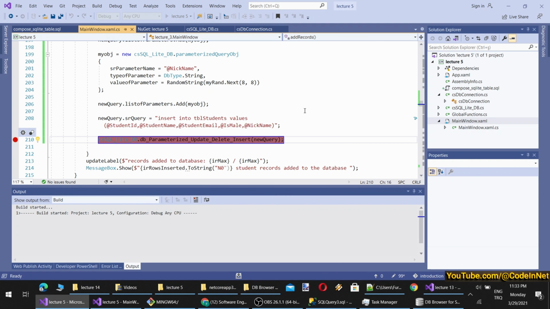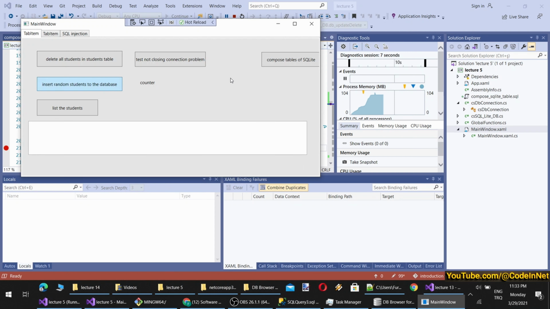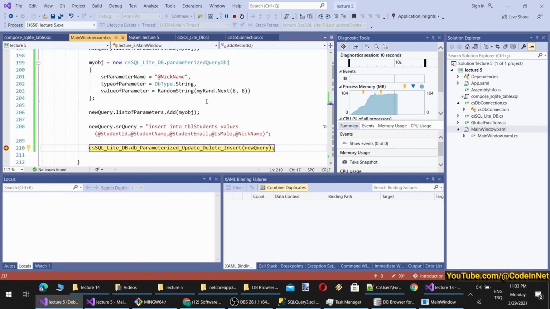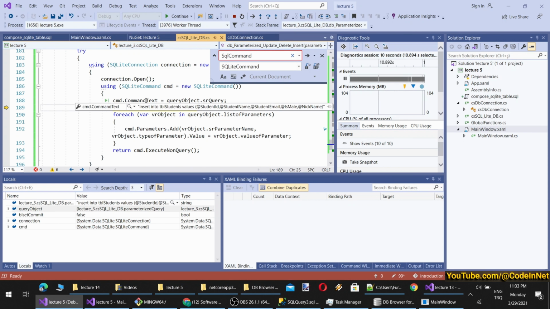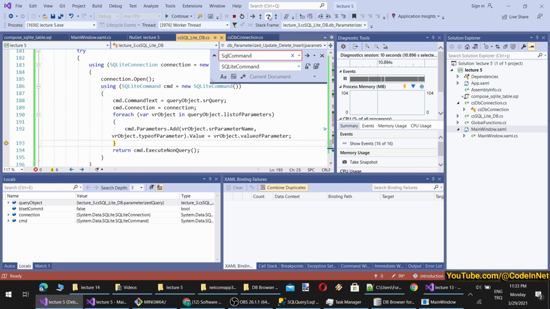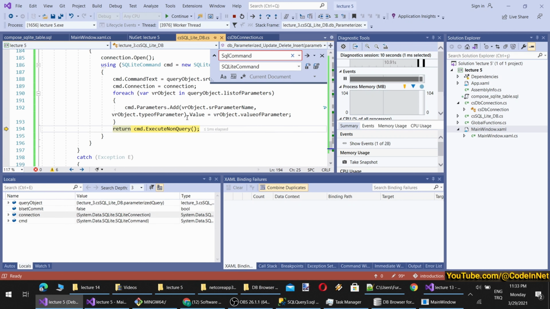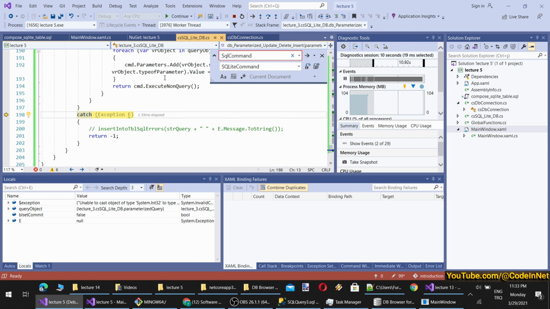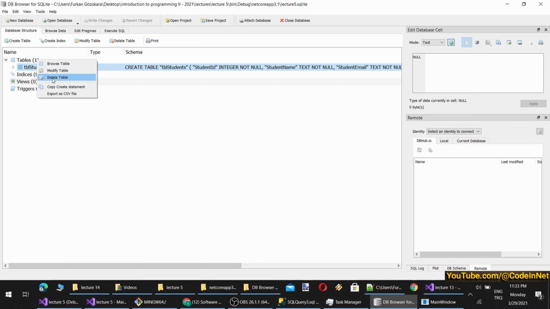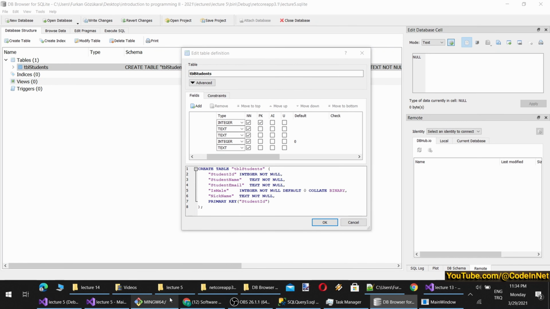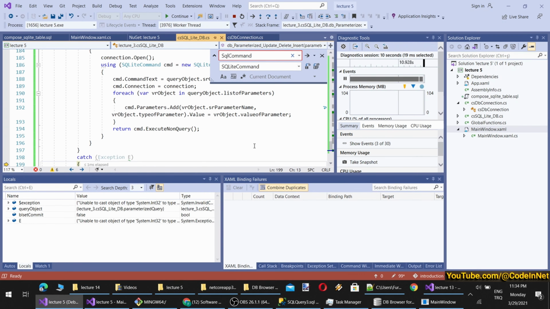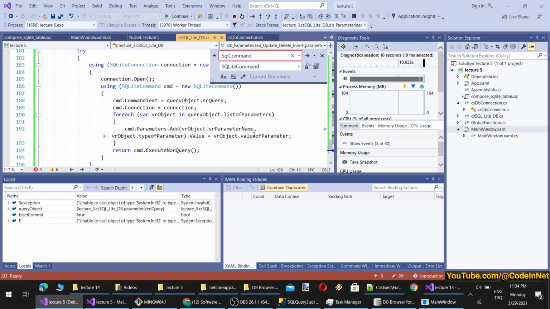Okay, I will put a breakpoint here to test it, not this one. And here, the connection is open, the command is generated, the command text is here, and then we add the parameter object here, and when we execute, oh, we have an error. So what could it be? Unable to cast object system into system byte? So why does it see it as a byte? This is an integer, but which object has the problem? I wonder that. Okay, we can't see which object has the problem.